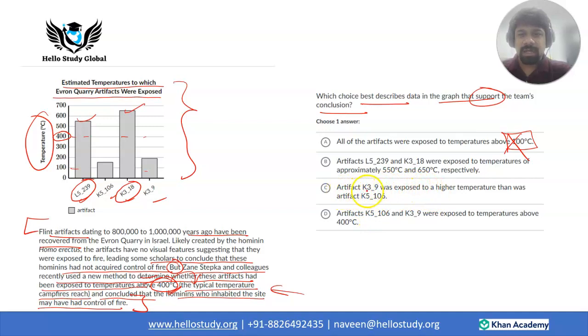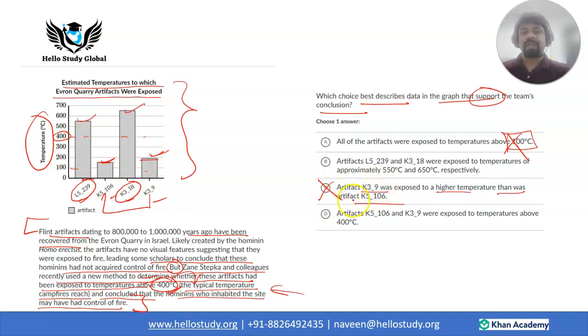Now C says artifact K39 was exposed to higher temperature than K5106. Okay, so these are the data points corresponding to K39 and K106. Factually, it's correct. This temperature is more than this temperature, but both are below 400 degrees Celsius, so we'll discard